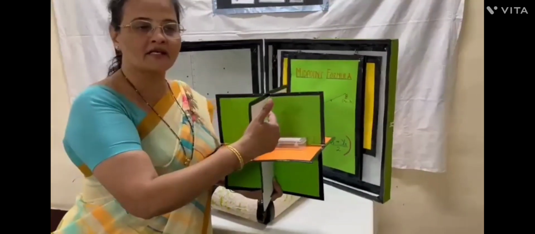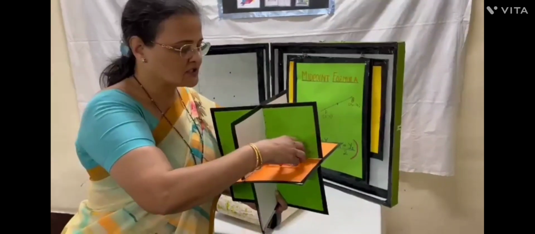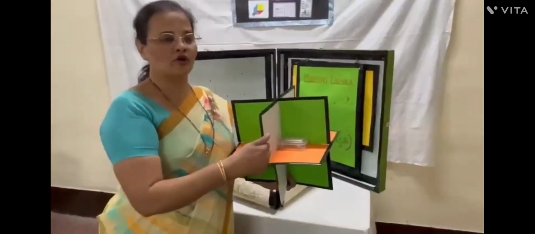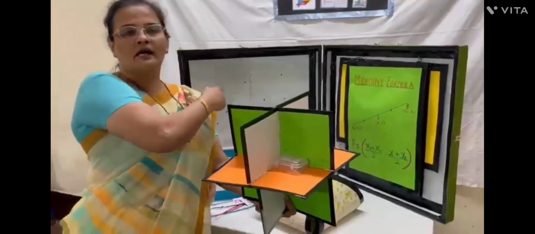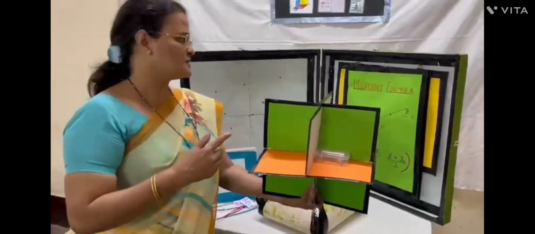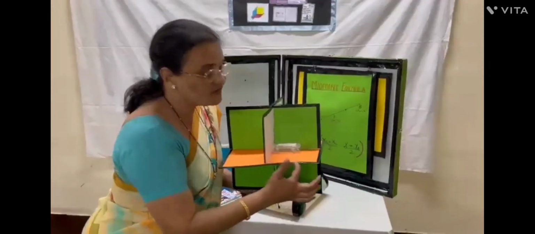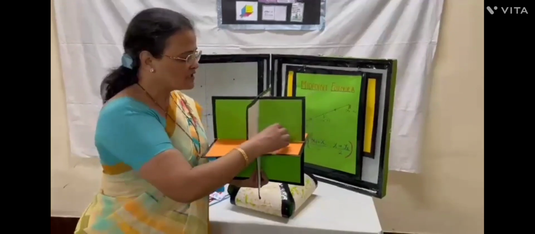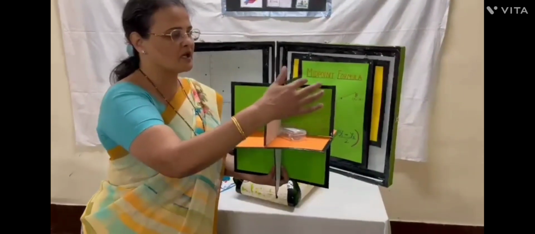x-axis, y-axis and z-axis. So here we can see that the object which is kept shows three coordinates: x coordinate, y coordinate and z coordinate. As the two-dimensional coordinate system divides the plane into 4 quadrants, the same way this three-dimensional coordinate system divides the space into 8 octants. So easily it can be visible.